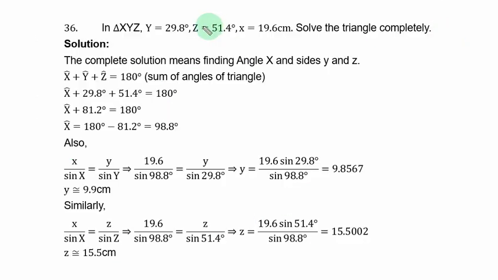Example 36. In triangle SYZ, angle Y is equal to 29.8 degrees, angle Z is equal to 51.4 degrees, side S is equal to 19.6 cm. Solve the triangle completely. Solution. Looking at the given information, you cannot use sine rule, because the given side, the angle facing it is